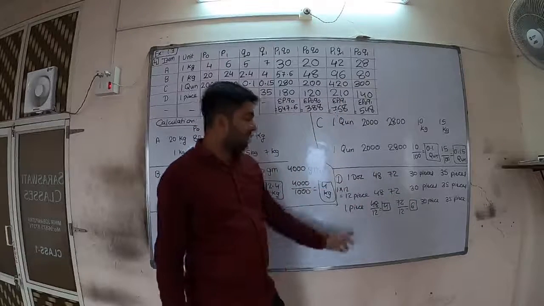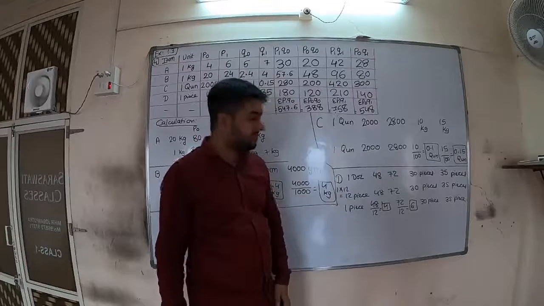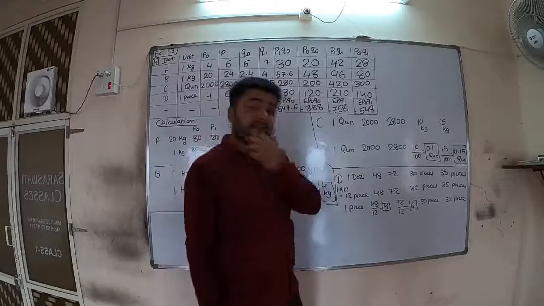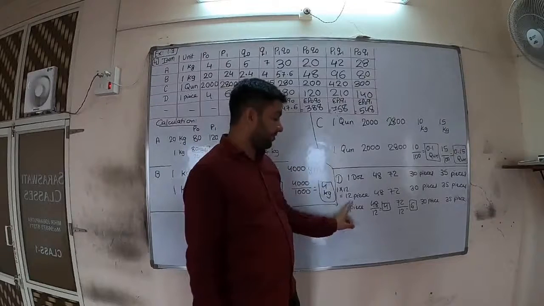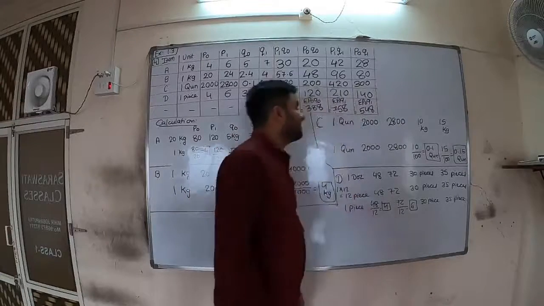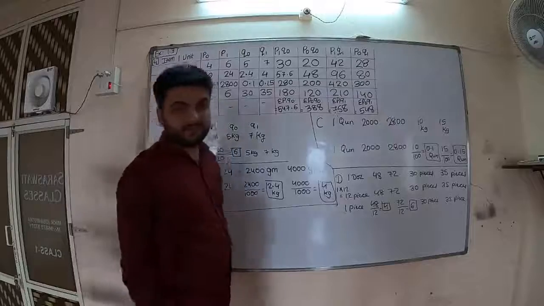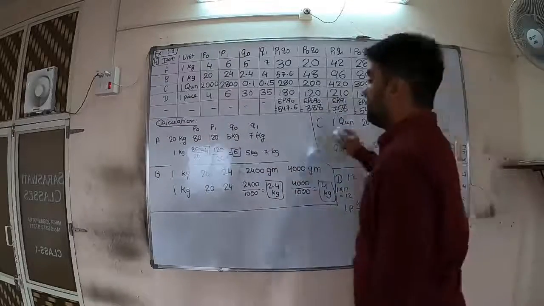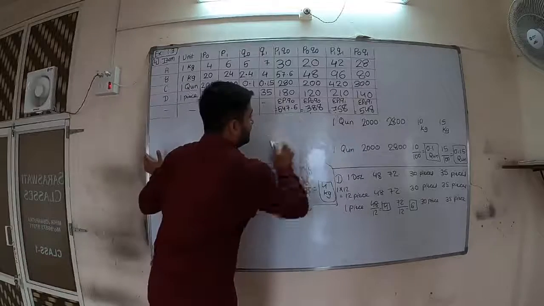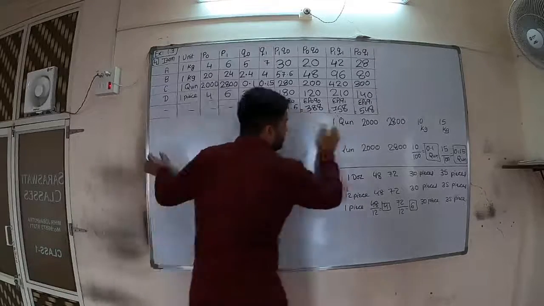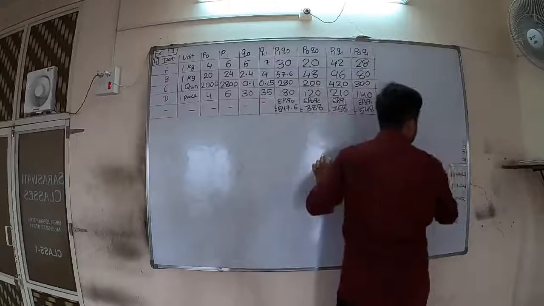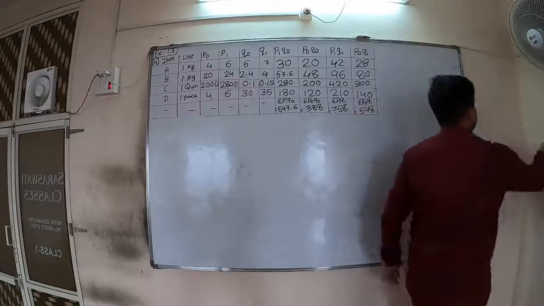Change here. 1 dozen, 1 into 12 is 12 piece. Now piece, piece, piece. The unit is changed. Now make it as 1. For 12, make it as 1. So 48 by 12, 72 by 12, 4 and 6. We have written and we have solved. Okay? Practice makes you perfect. Without doing any practice, directly writing from the board is not required. Everyone do proper practice, and we will also do many sums for this so that you may understand it very clearly.